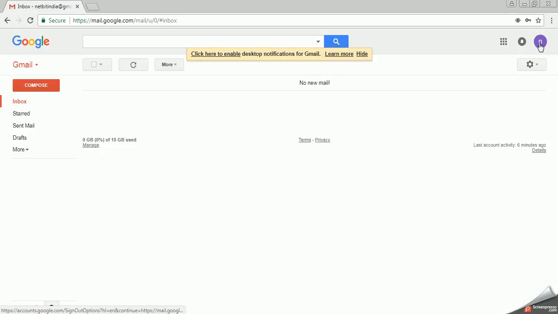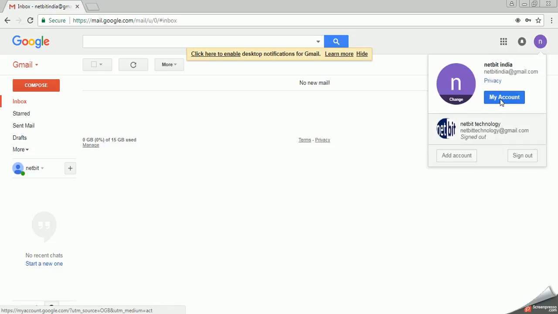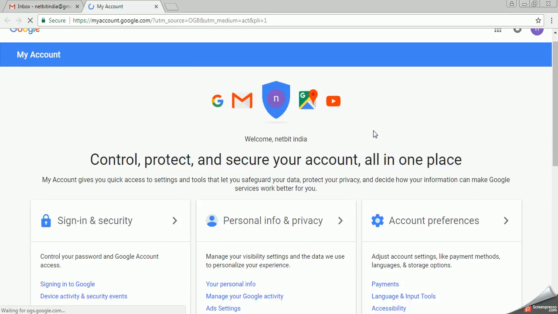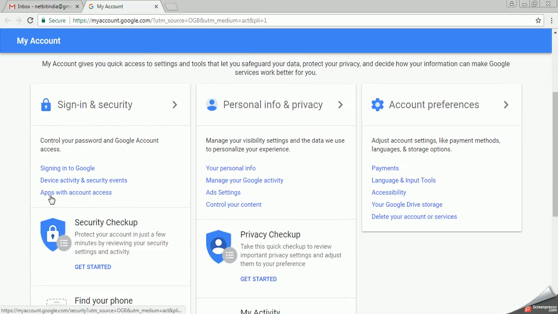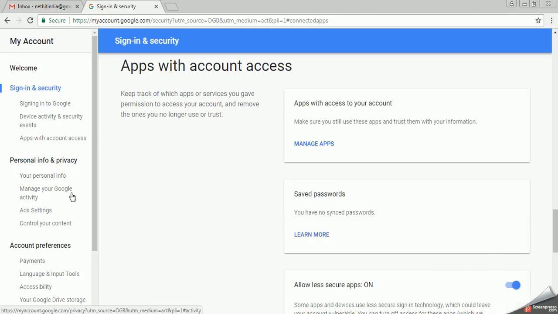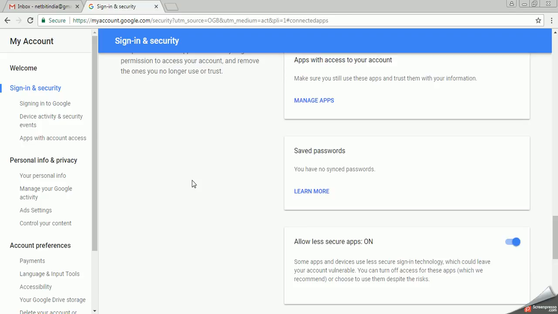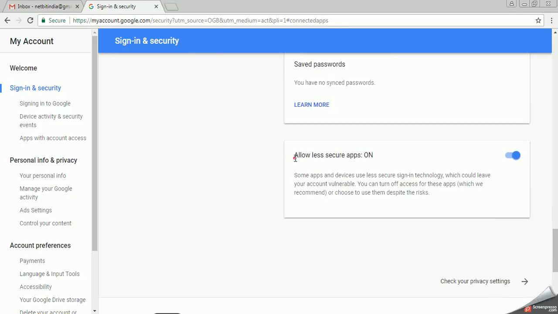Okay, now click here and then click My Account. Here, under apps with account access, you have to click here and then scroll down, and here you can see allow less secure app. I have already made it on. This is the off position, now it's in the on position.